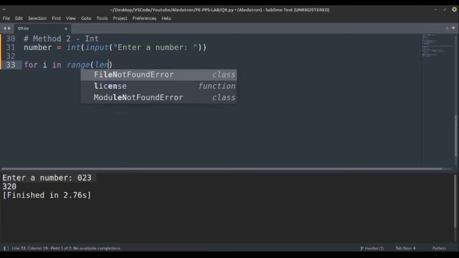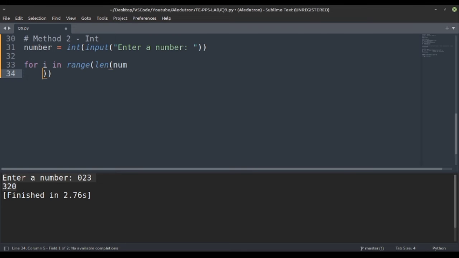Range would be length of number, yeah. So after that colon, indentation, and length of number. Basically if I give a big number, it doesn't work.